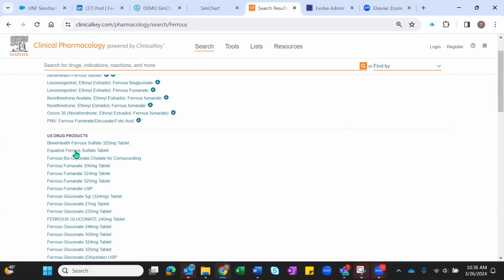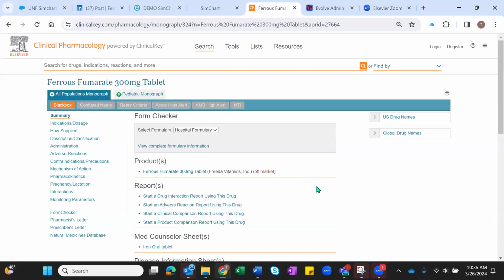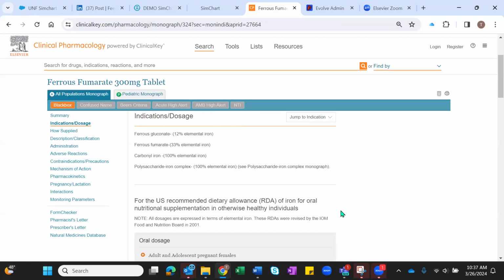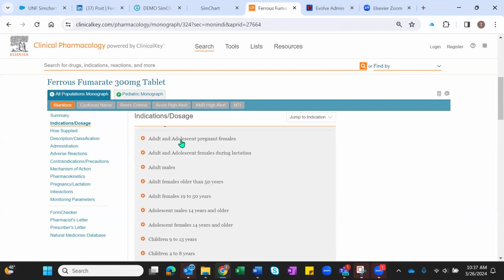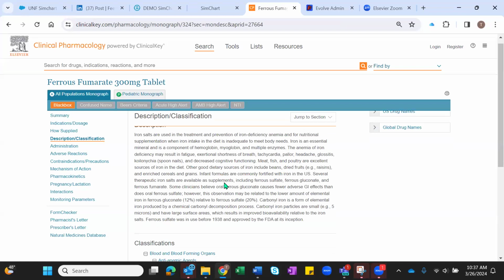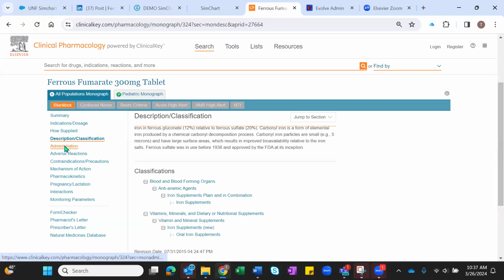Okay. So I'm going to just pick, which one should I pick? 300 milligram tablet. Yeah, that's fine. Okay. So once I do that, I get all of this information. I can go through and I can look at indications and dosage. Tells me, what is the oral dose? Here's adult and adolescent pregnant females. That's kind of what we're talking about, right? So we can go in here, we can look at this, how it's applied, description, classification, even, as far as